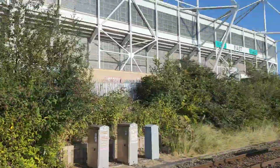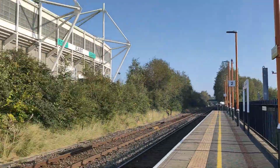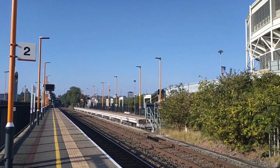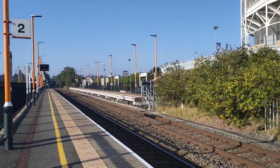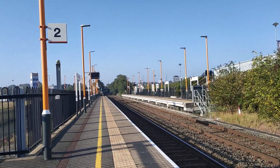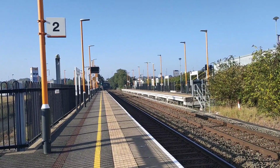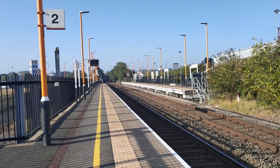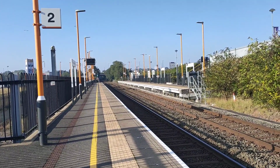Good morning guys, I'm here at Country Avenue Station, as you've just seen. I'm waiting for, I expect, 6Q01, so that should be a rail grinder. I think it's only the pair, just a double-headed, that's it, but we'll see, as I think there are only